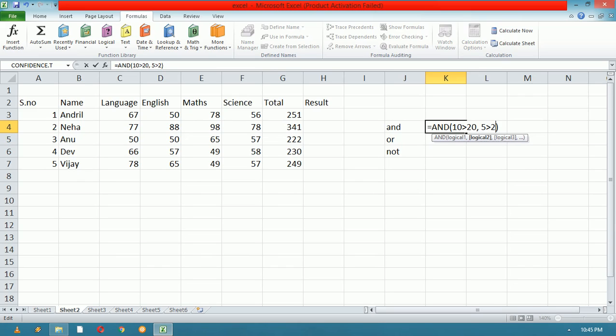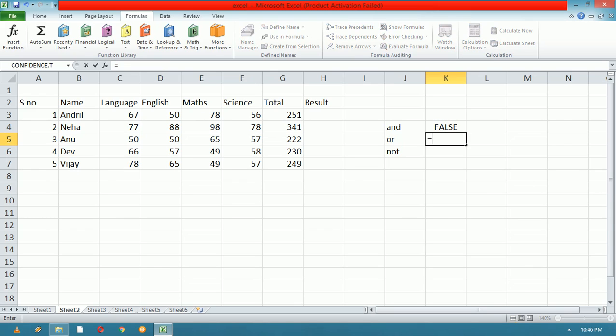Say for example here, and 10 greater than 20 and 5 greater than say 2. So here 5 greater than 2 is true and 10 greater than 20 is false. So we have given two conditions, and the and statement will return true when both the conditions are true. So here we have given one true, another one false, so it returns false.